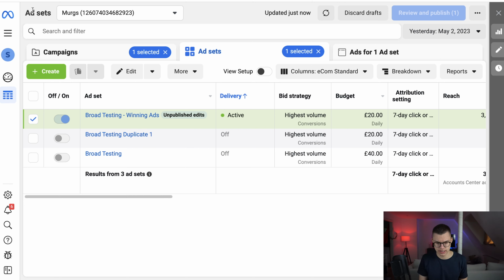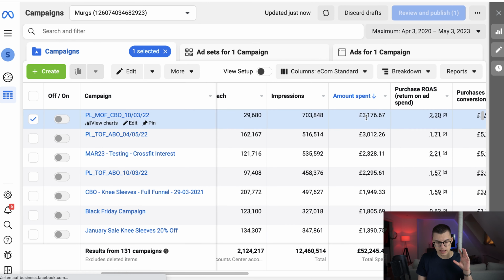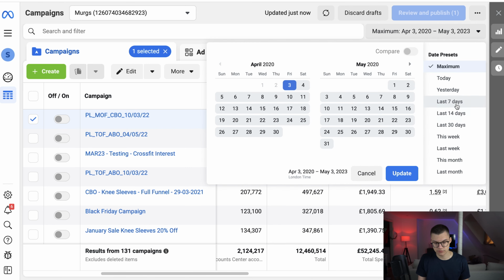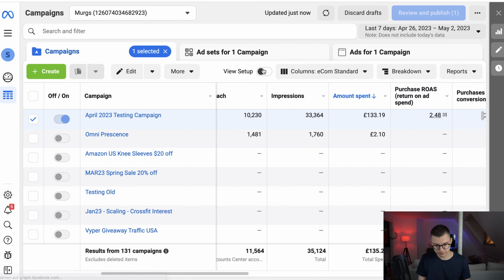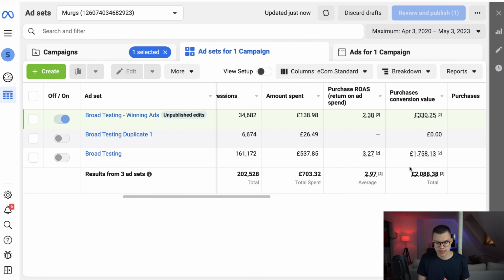And if we take a look at how this account has been performing overall, right? So let's sort this by amount spent. He spent 52K, and his best ad previously was a middle of funnel campaign, getting a 2.2 ROAS, right? Now with this better structure, if you take a look at this, and we sort this by maximum, now the ROAS has already increased. Why? Because the campaign setup is better suited for this account, and he follows the best practices,